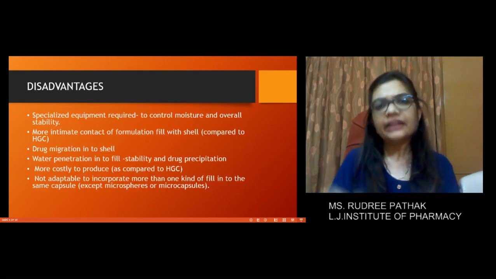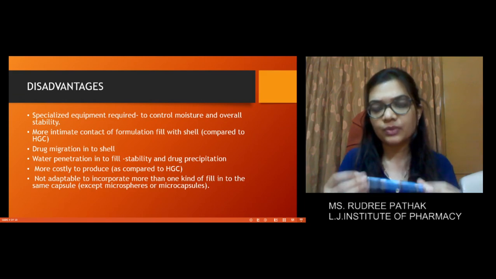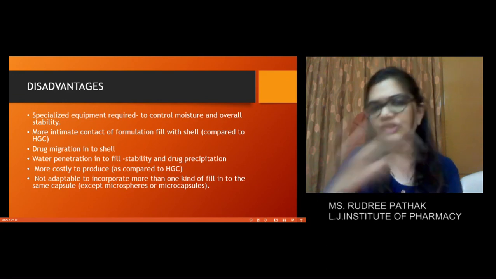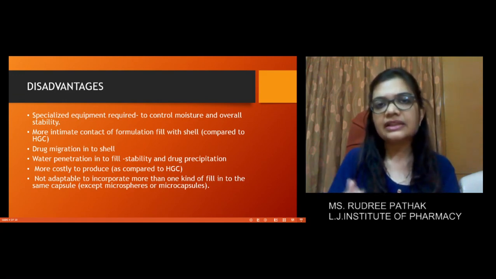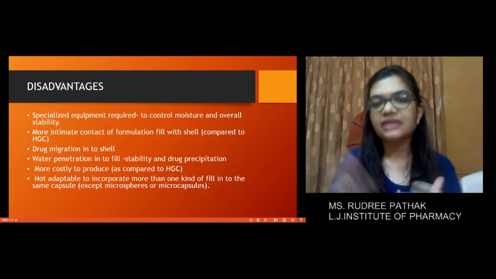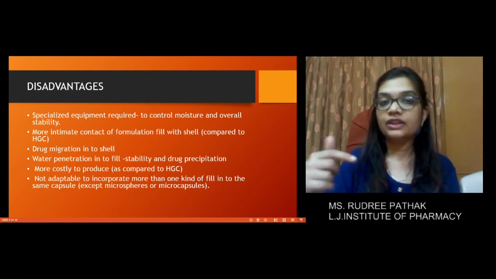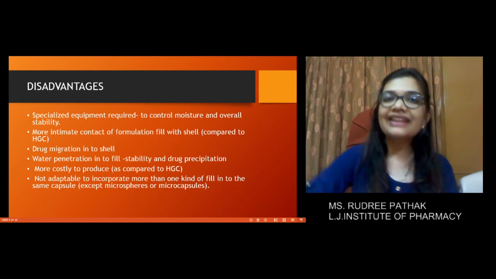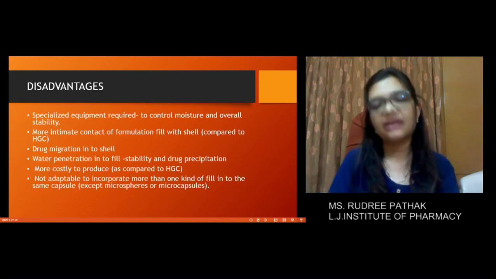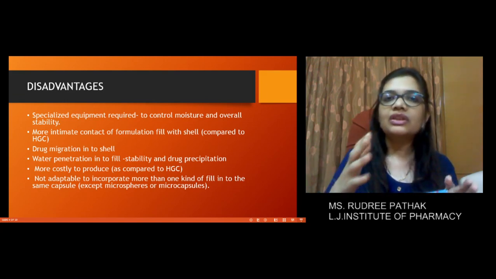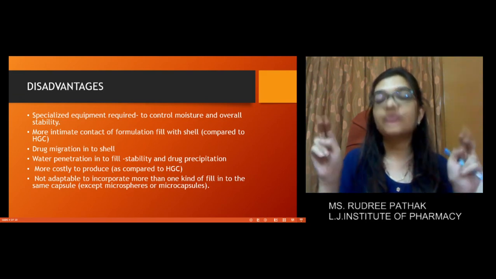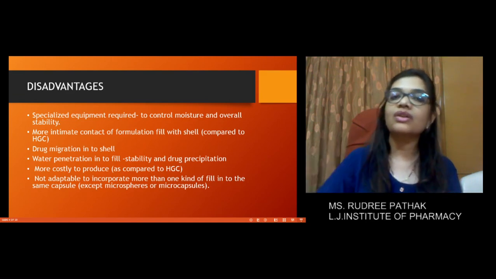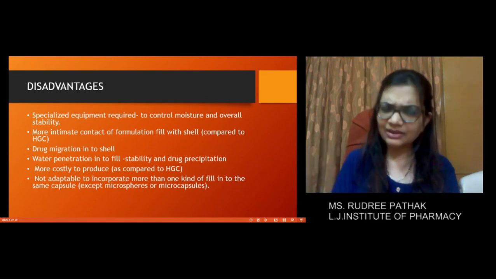Now, there are certain issues with soft gelatin capsules as well. There is very close contact between the formulation and the shell, and that makes it susceptible to degradation sometimes. Sometimes the water from the covering can go inside the formulation and lead to degradation. Sometimes the components can react with the shell components and cause certain issues. So these kinds of dosage forms require stricter environmental controls, and that leads to an increase in the overall cost of such dosage forms. But it's worth it.